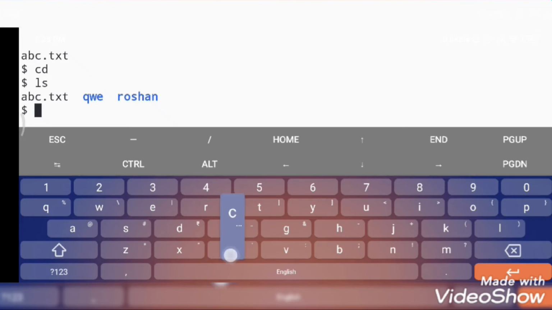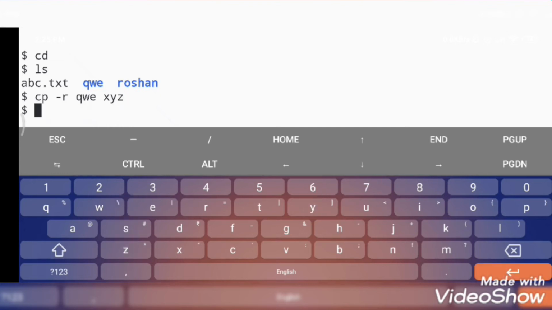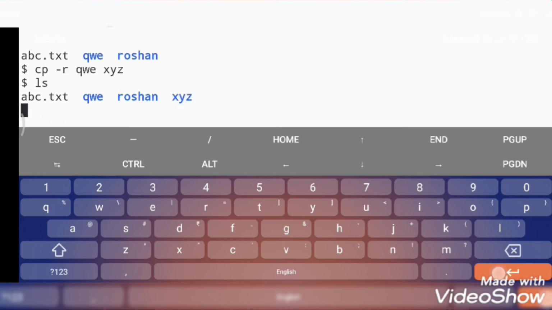Next we will copy the folder qwe to another name. For that, type the command cp space -r space the folder name which you want to copy, here qwe, and the new folder where you want it to be copied, just like xyz, and hit the enter button.